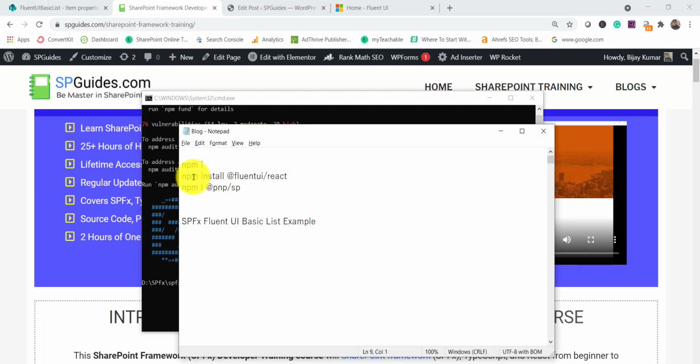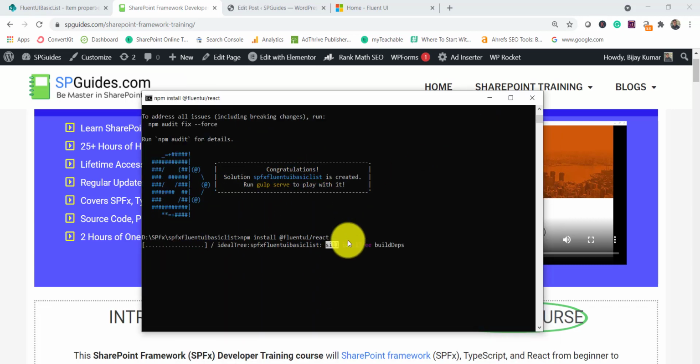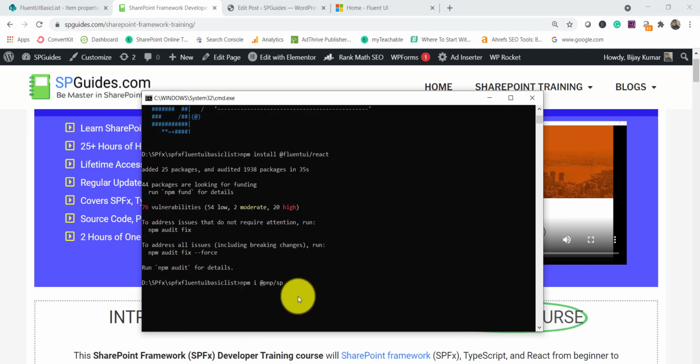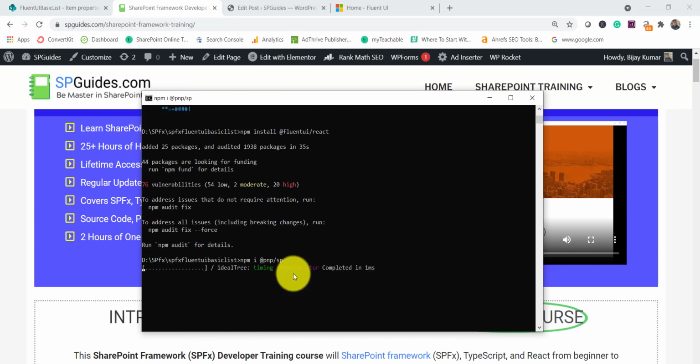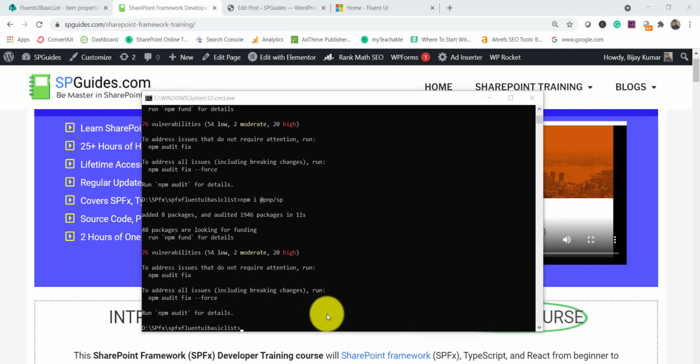I'll simply copy from here, and it will take some time to install that, and then we'll run the PnP one as well, because we require that to communicate with our SharePoint list from the client side web part. So this is done. Now I will run the other command here. You can see it will also take some time and it will install this. So you can see this is also done.